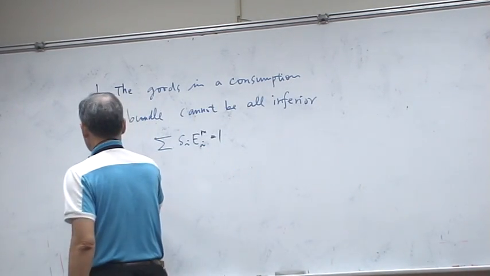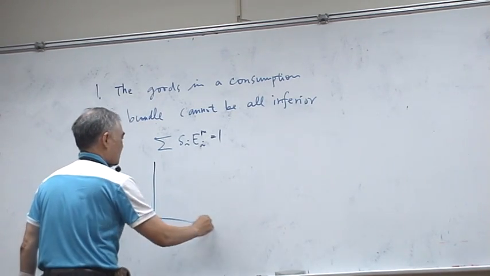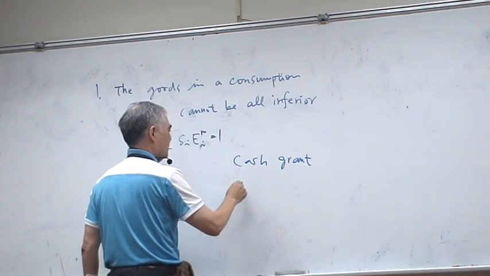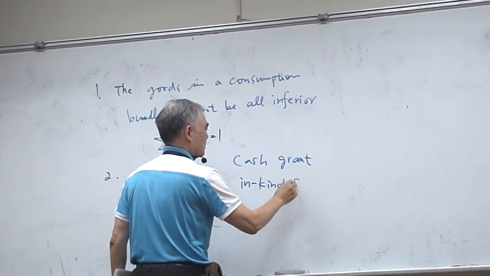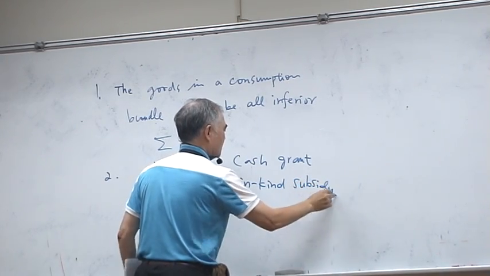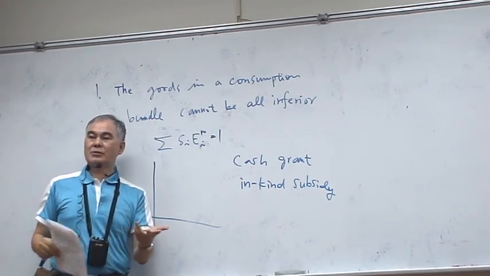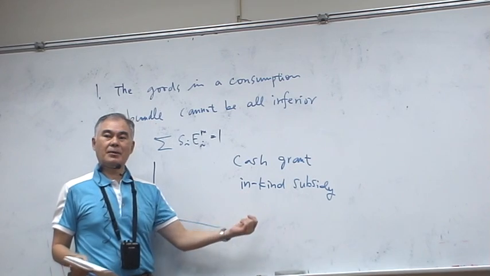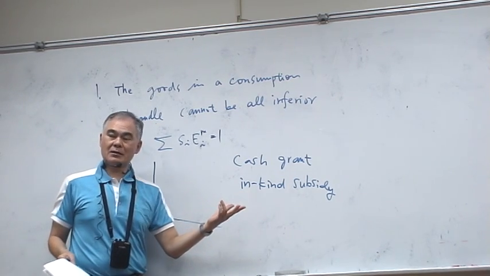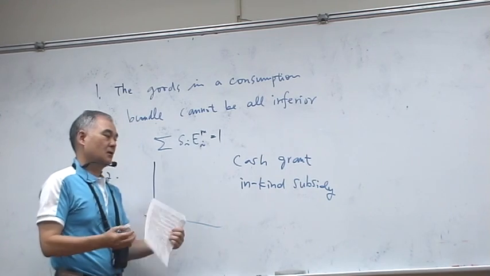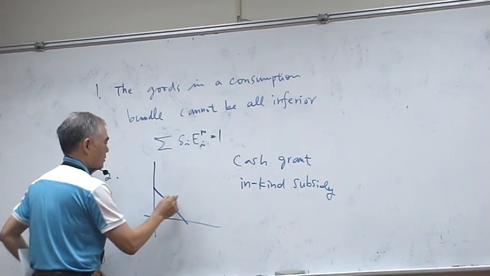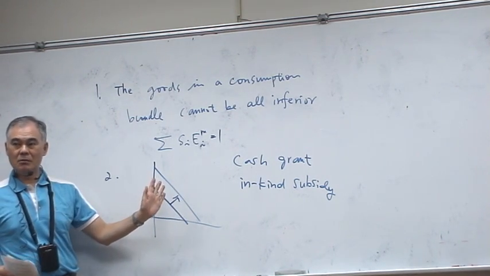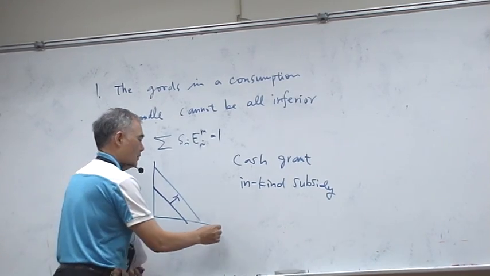And then the second part is in the textbook. We have the issues on cash grant and in-kind subsidy. The example we have is Christmas gift giving and food stamp. All these issues are part of it. If you get cash, that is the best, because your budget line can shift out, so you can buy more of everything. But if you get food stamp,